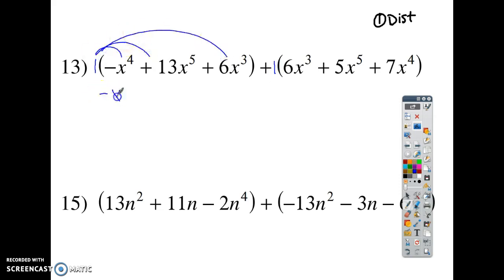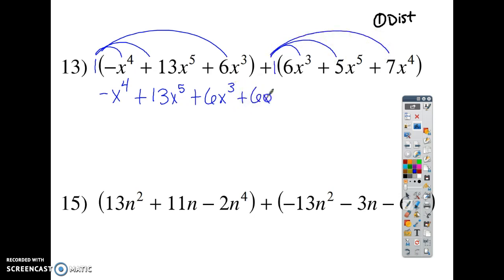You're going to get negative x to the 4th power plus 13x to the 5th power plus 6x to the 3rd power. It stays the same, all of it. And then this one, same thing. When you distribute, you get the same thing back because that's a positive 1. So it's positive 6x to the 3rd power, positive 5x to the 5th power, positive 7x to the 4th power. So really what you did was you just got rid of the parentheses,